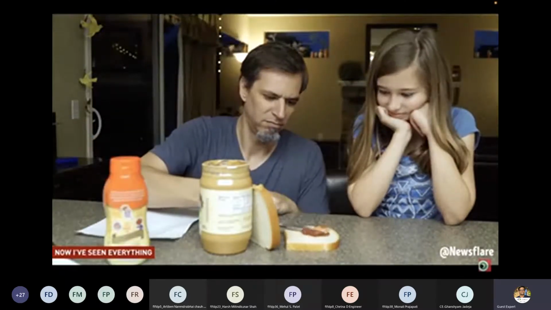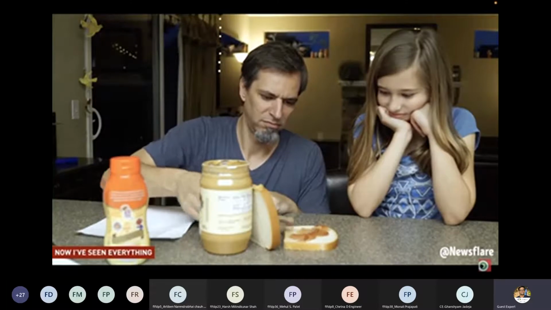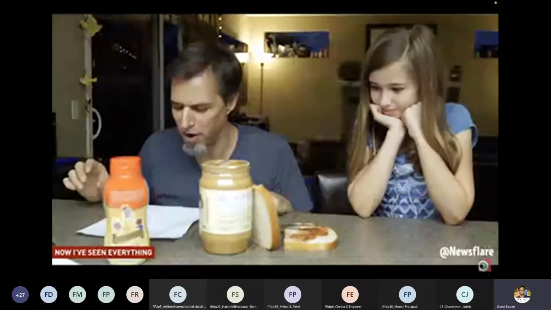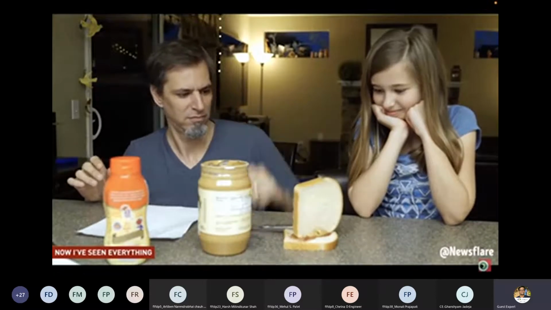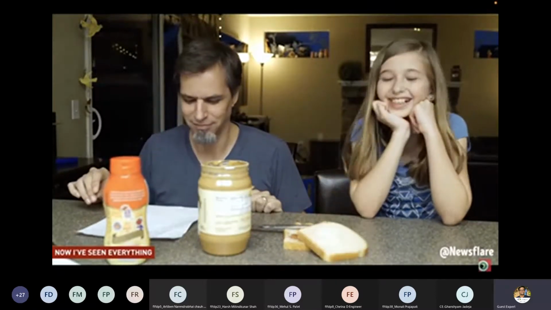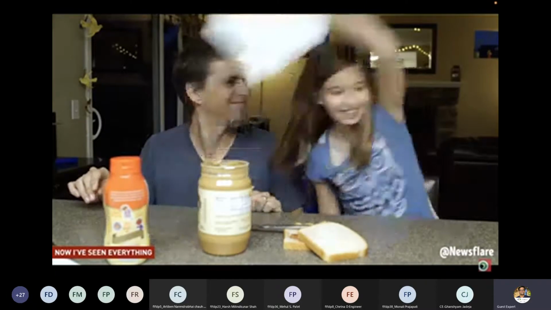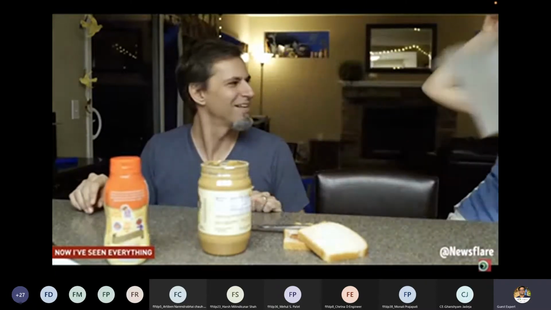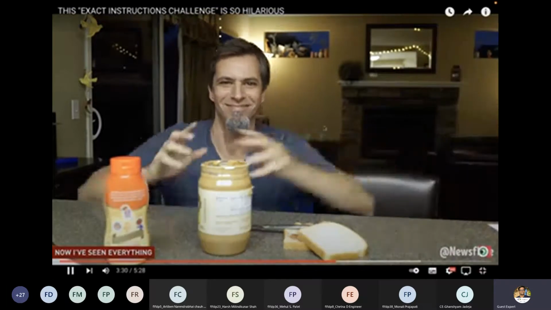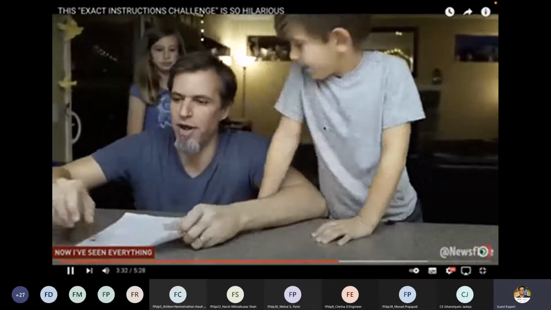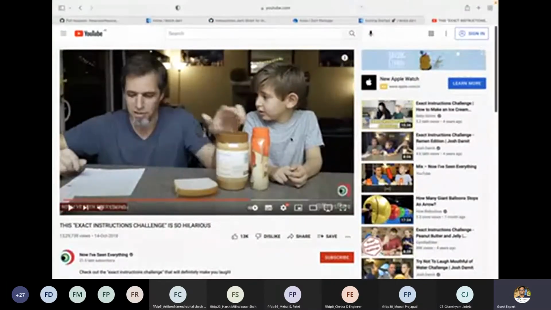Spread the jelly on the bread with the butter knife. Put your 2 pieces of bread, peanut butter and jelly sides together. Done. Get 2 pieces of bread. Get some peanut butter. Get some jelly.